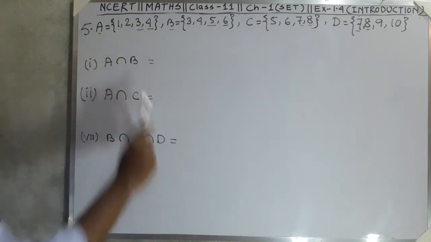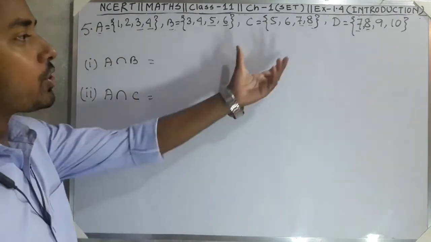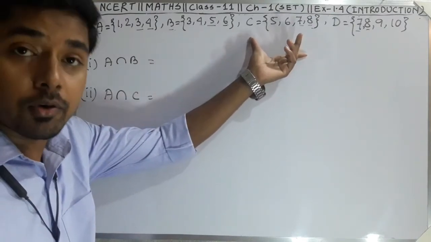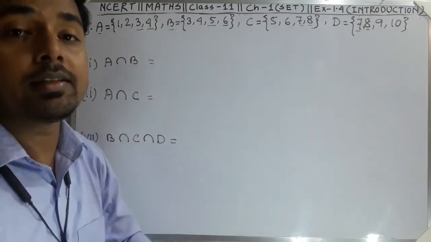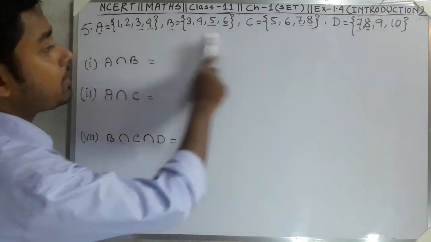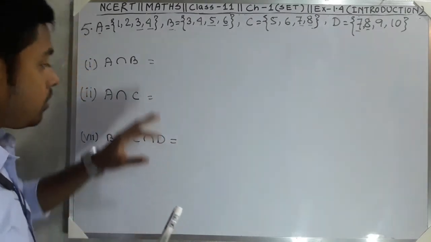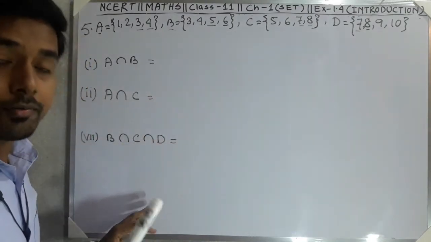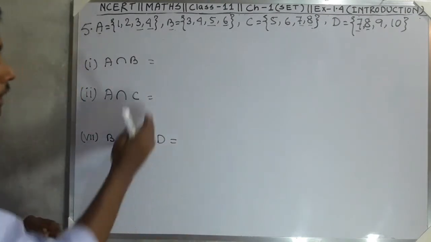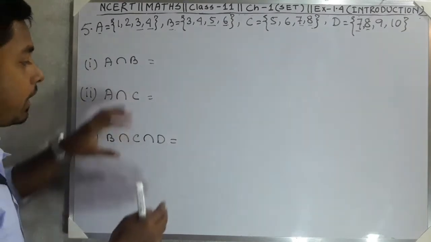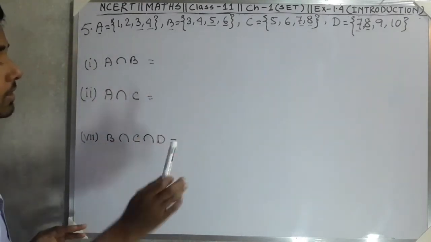Now question number 5 is asking that, for the question that you are given in question number 4, you have to find out the intersection. The sets will be the same, but here you have to find out the intersections. All the questions are the same and the finding method is the same. So I am solving these 3 questions, and like these questions you have to solve all of them. I am not solving all the questions. I have taken these 3 questions only.